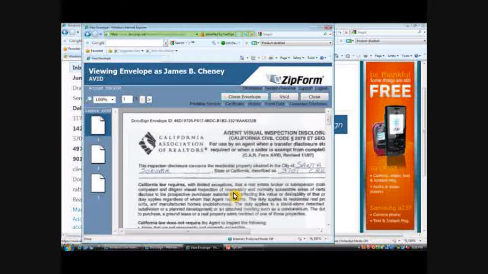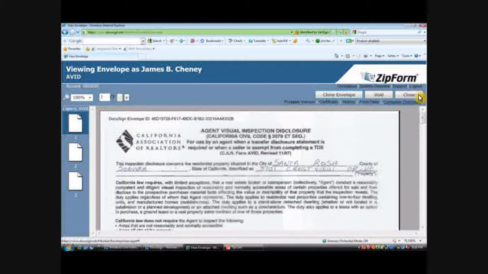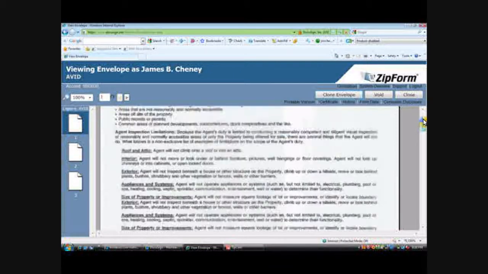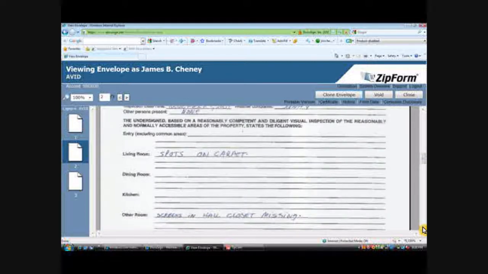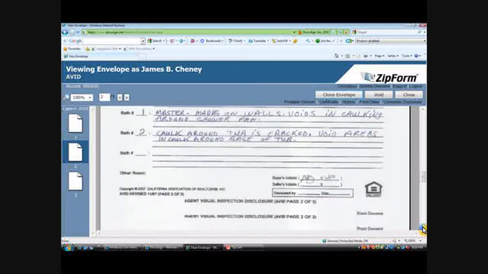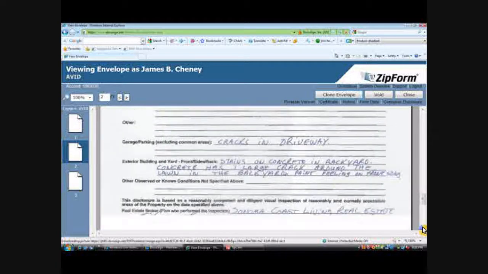Okay, there we go. And again, I just want to emphasize that normally I would not do this step. I've already signed my document, I've already sent it. I'm really just doing it for this tutorial so that you can see there's page 1 of my doc. Now there's no initials here because my seller hasn't received this yet. I mean, I just sent it out 45 seconds ago. But let's look at the bottom page,